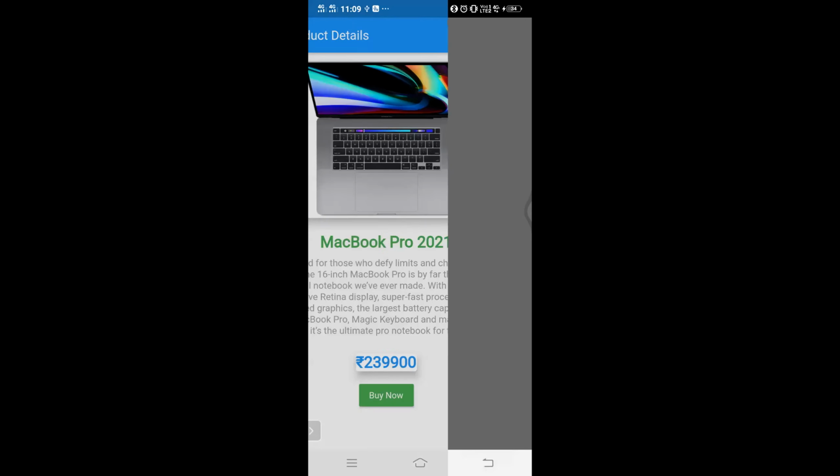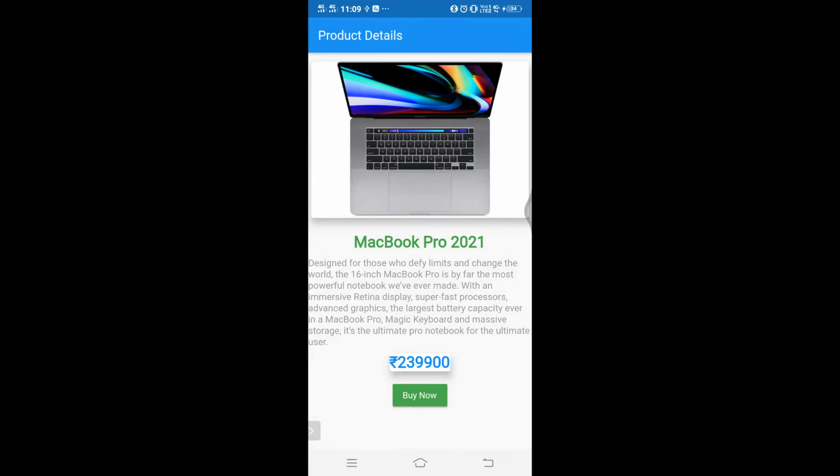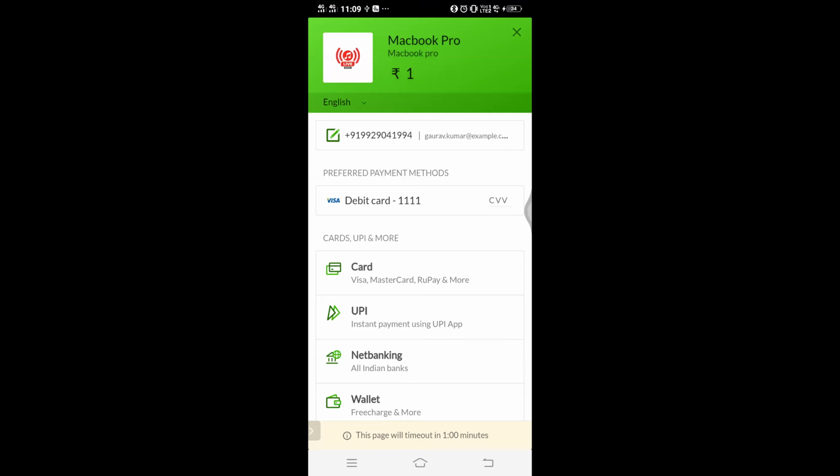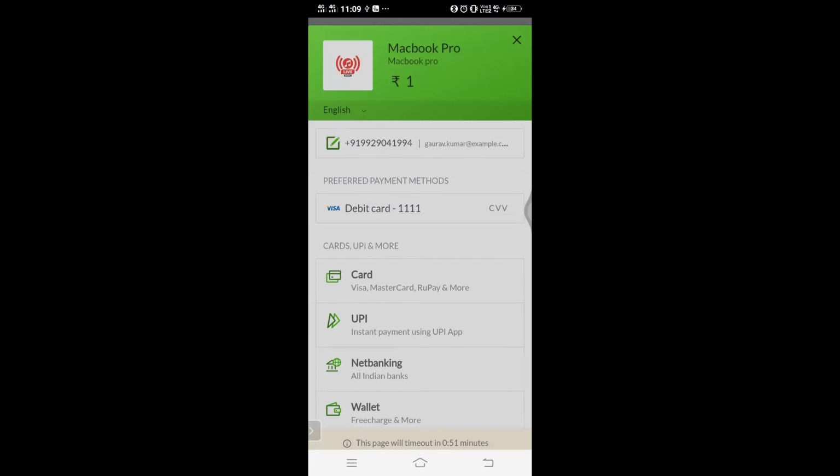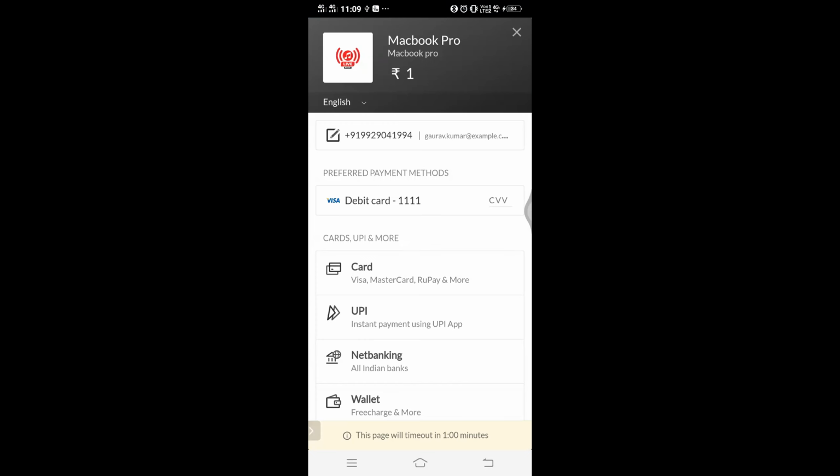Okay. So I have changed the color and logo from the dashboard. I will show you in a minute. If I click on my buy now button, can you see this logo? Yes, the logo is changed. I have changed this logo and color from my Razorpay dashboard.